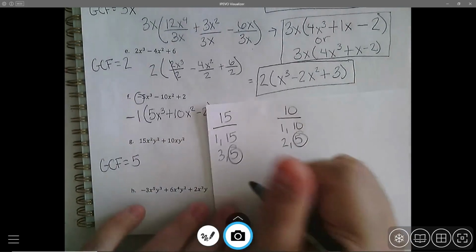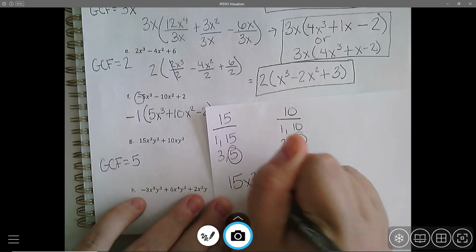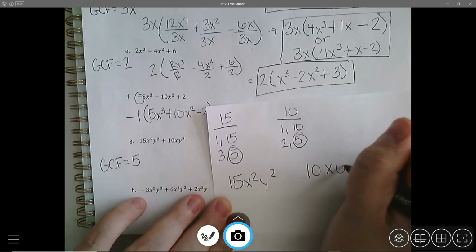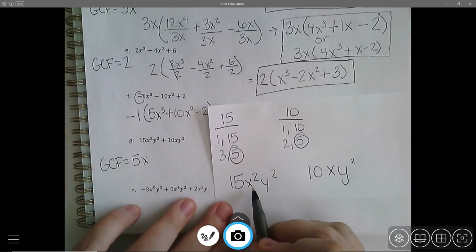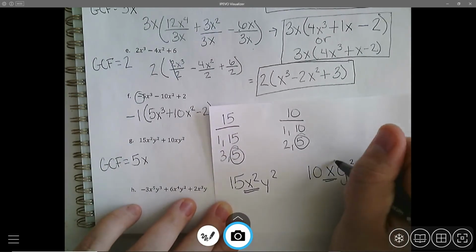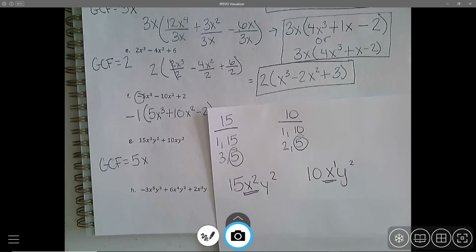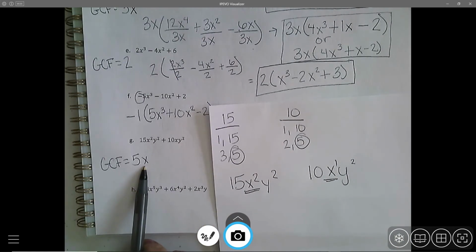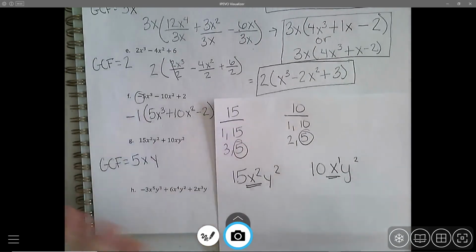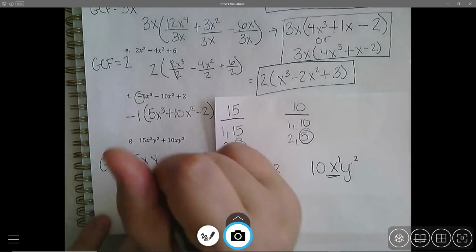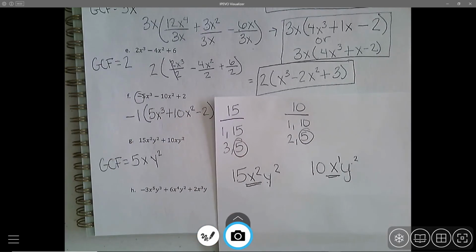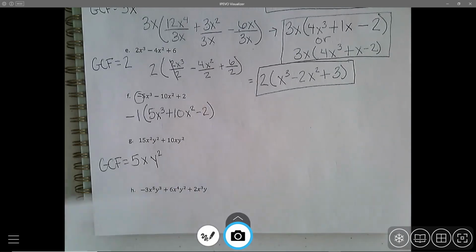Now, my terms are 15x squared y squared and 10x y squared. Looking for variables. Notice both of them have an x. And the lowest exponent that I see with the x is actually right here. It's an exponent of 1. It's by itself, so I'm going to just let this be by itself. Now, they also both have a y. The lowest exponent that I see with my y is a 2. So I say y to the power of 2, or y squared, is my greatest common factor